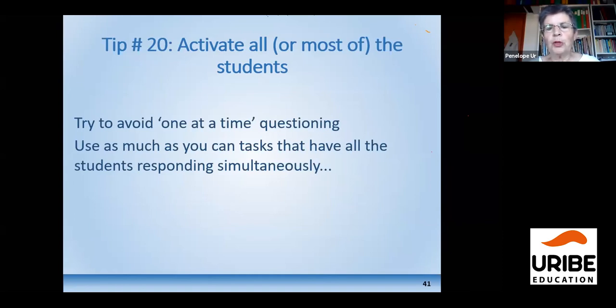It's what I talked about earlier. That's why the open-ended questions are so good. So lots of them raise their hands, or lots of them call out, or lots of them write in the chat box. And you get lots of activation rather than the one ping pong: teacher asks, student answers, teacher corrects, which is very boring and does not activate all the students simultaneously. Some will simply opt out and don't do anything when you're doing that sort of ping pong interaction.